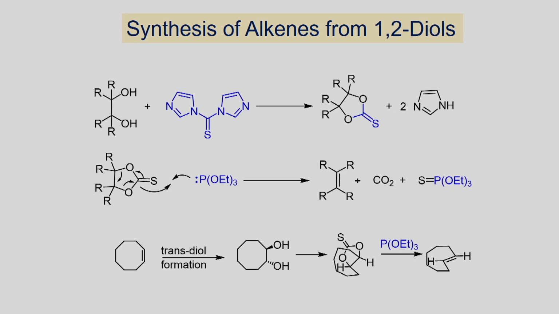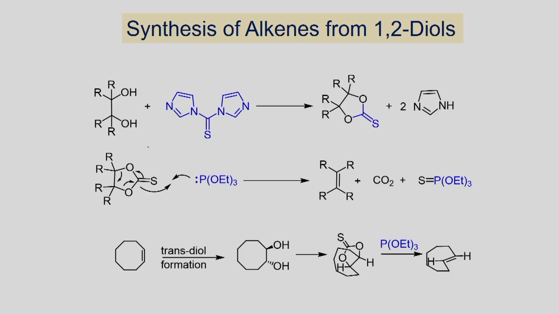So far we have seen some applications using triethyl phosphite. For example, if we have the nitro functional group, it can be converted into nitrene, and the nitrene can be further utilized for cyclization to get these nitrogen containing heterocyclic compounds. Now let us look at the reaction of this diol with this thiol derivative, which, as we already know, can undergo addition reaction to give this carbonate derivative. Once we have this one, it can react with the triethyl phosphite to give this alkene as a product.